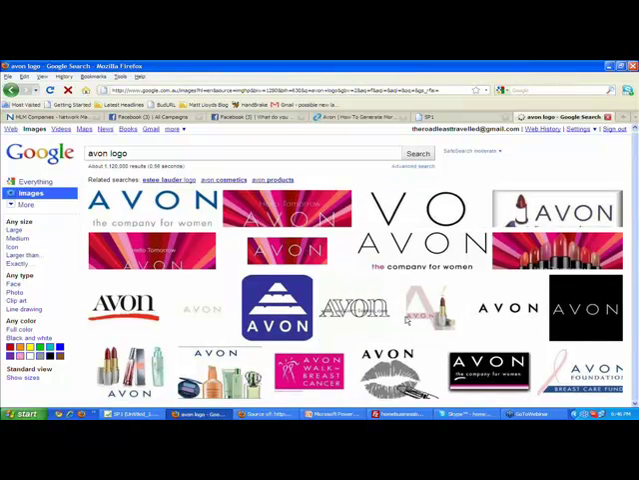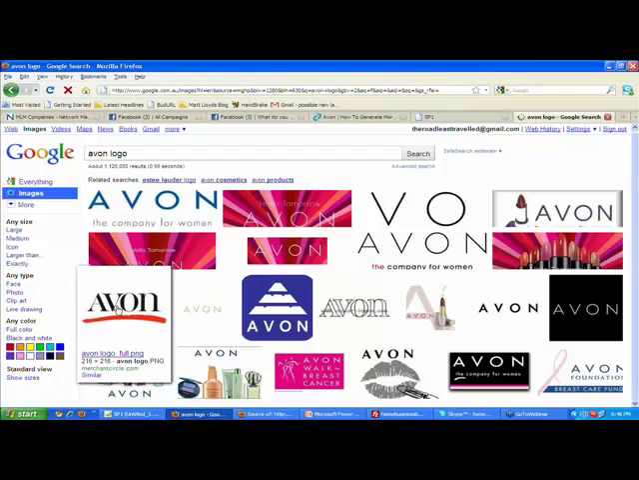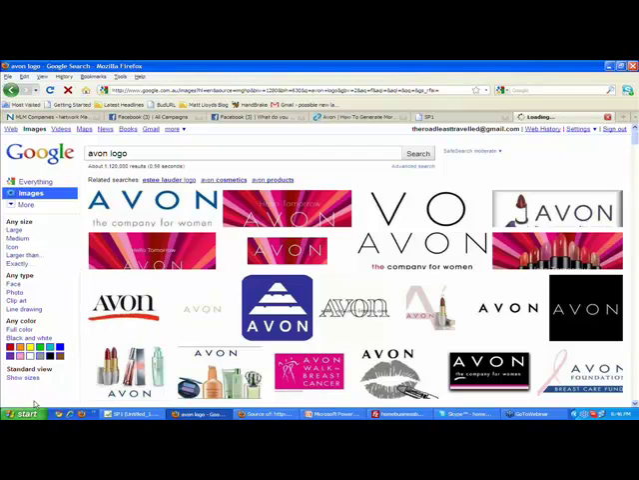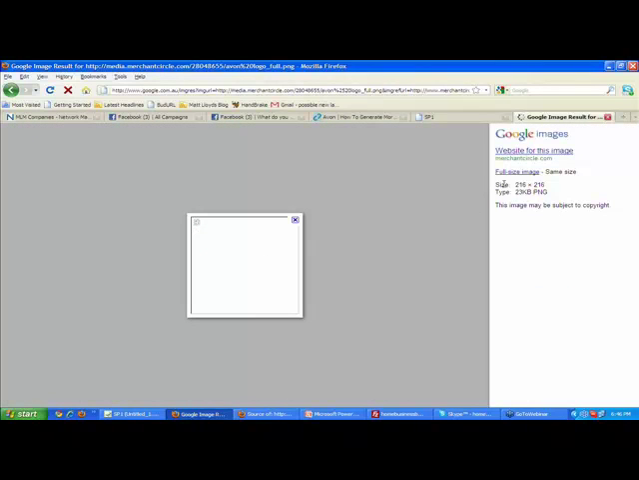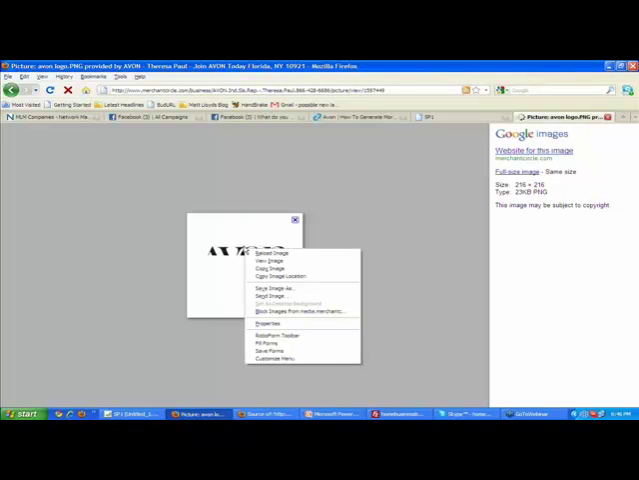Now you want to choose one that's going to stand out and get attention. You can pick whatever you want here. Let's say I wanted to pick this one. I would click on it, and we're simply going to download this image and put it onto our computer. All you need to do is go to the image and right-click, and you can see where it says,